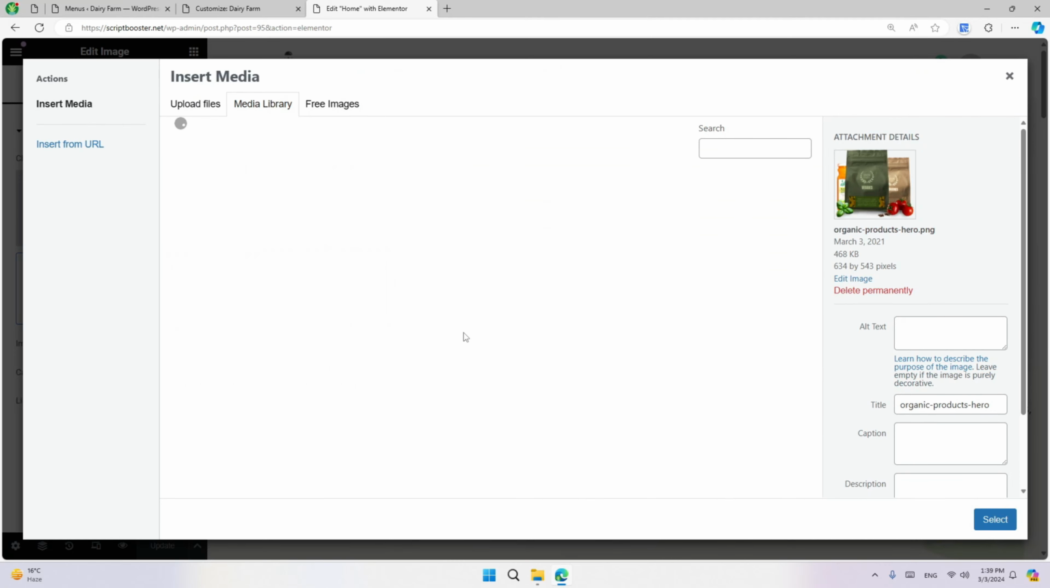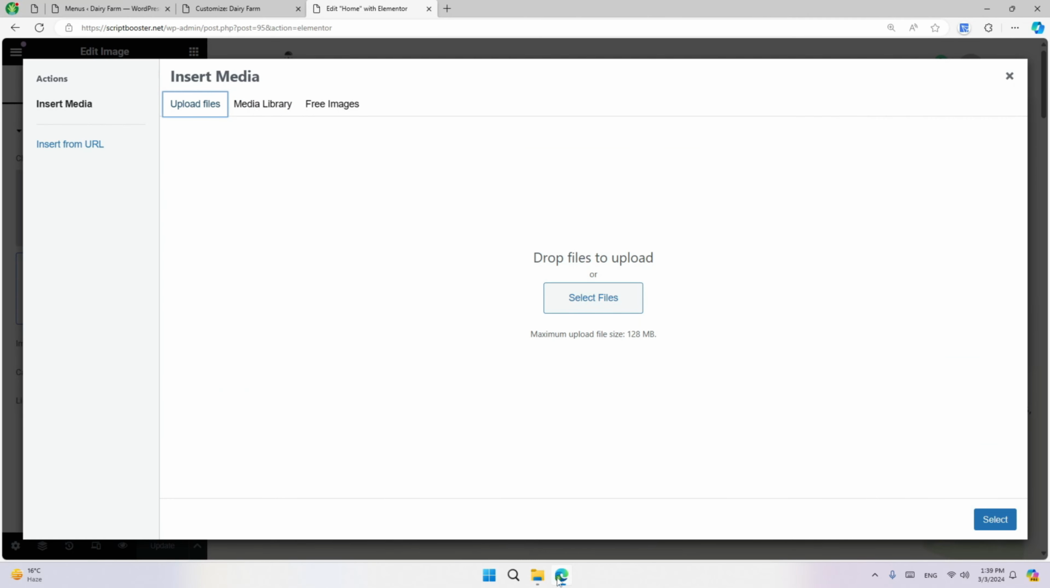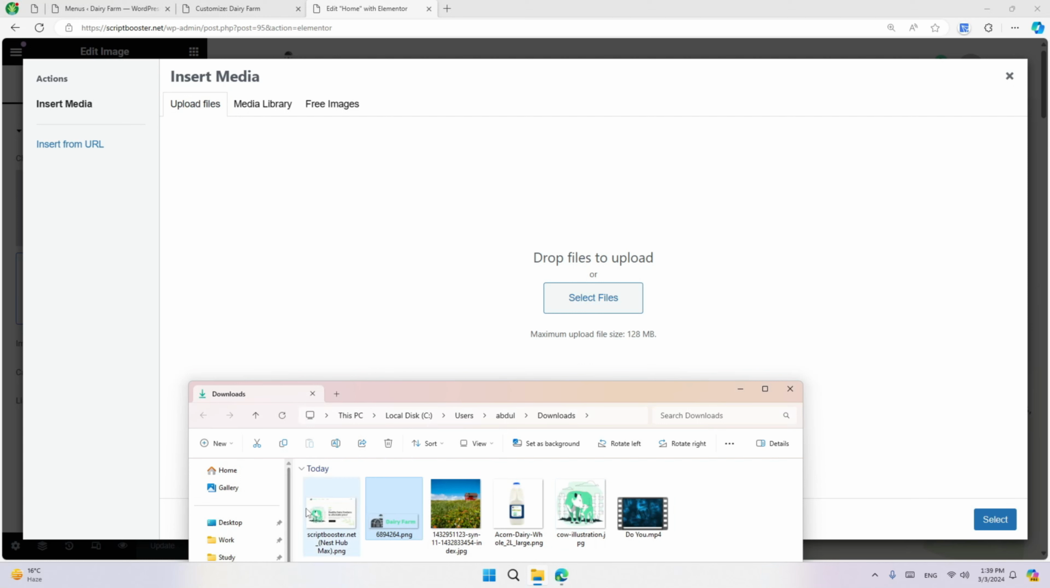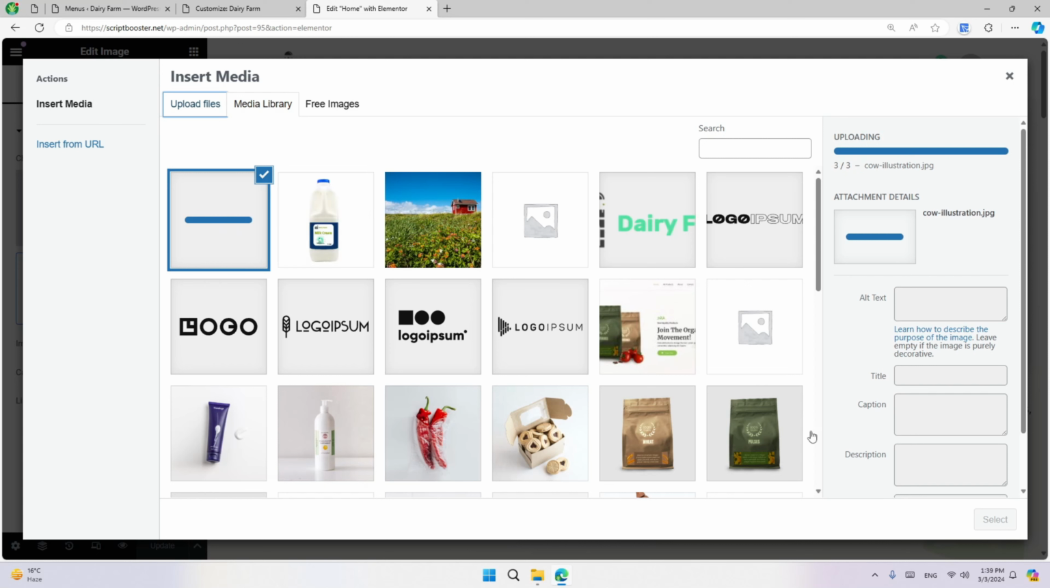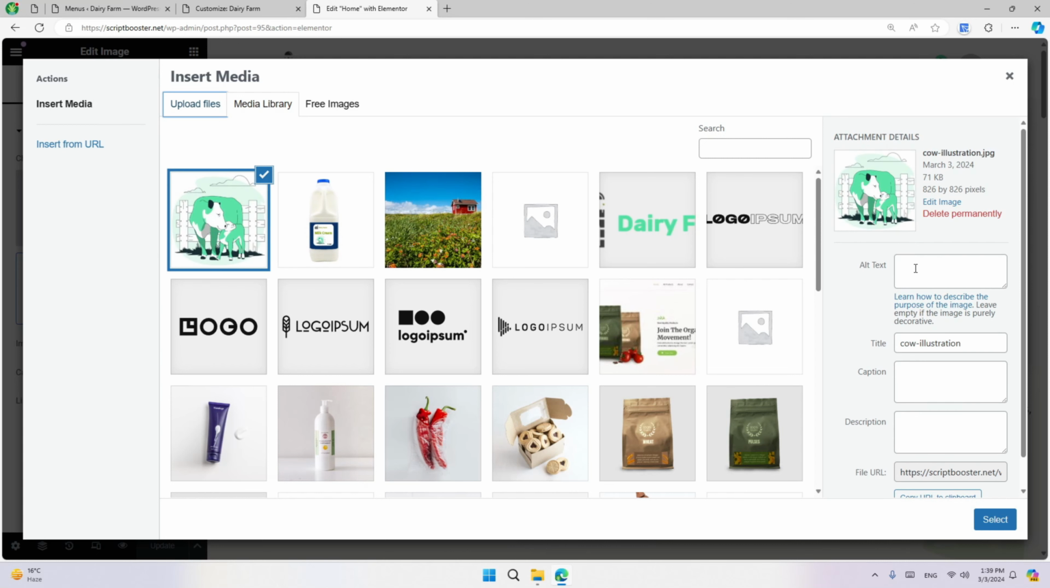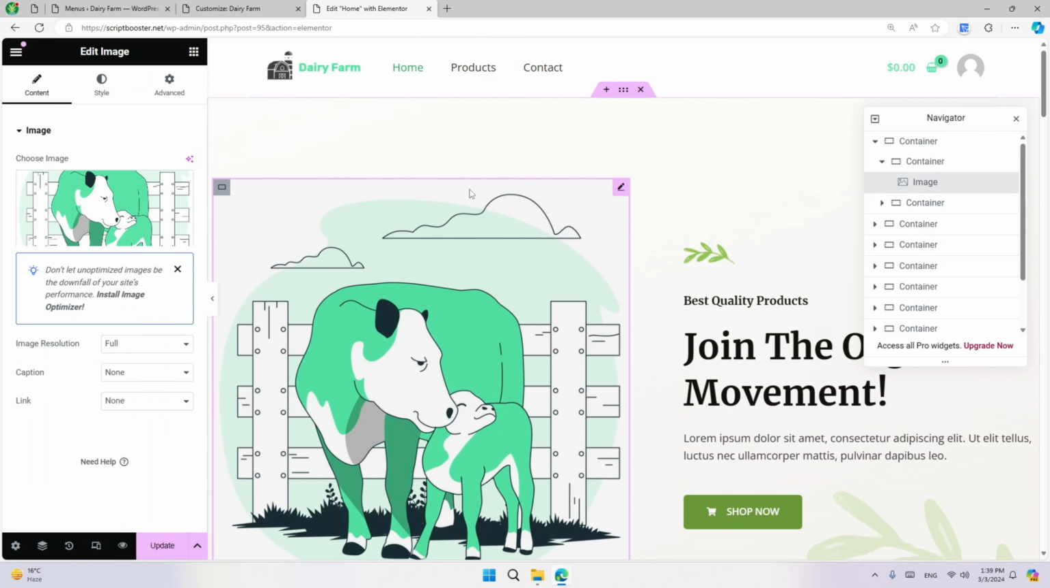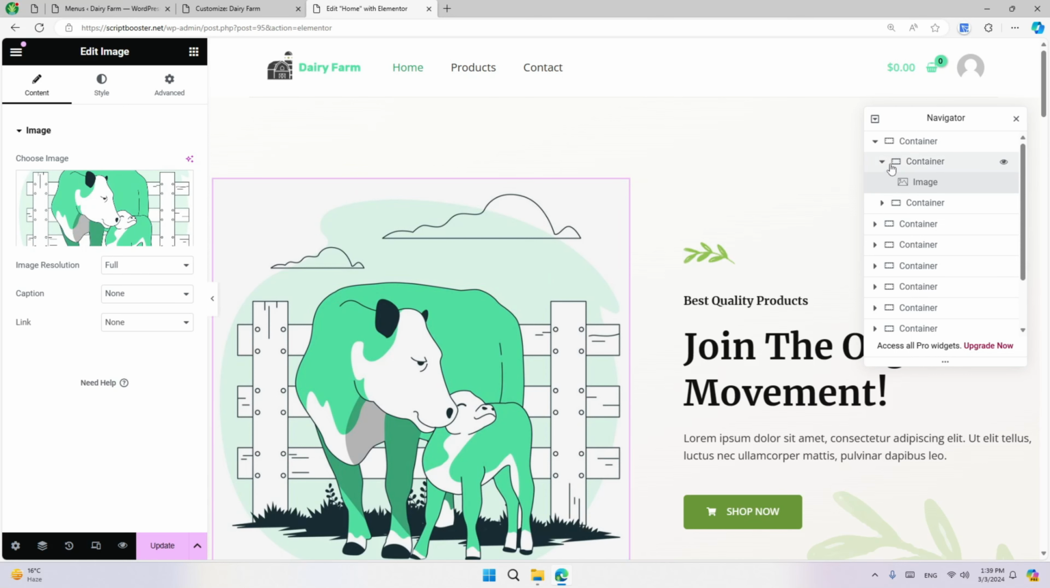Choose the image. So now I'm going to upload my images, all of them, because otherwise we will have to upload them again and again, so let's upload them once. So this was the cow illustration, I think. So let's choose it. Also for the alt, if you want to do SEO, you can write something like cow farm on the alternate text. So you can see it is changed,